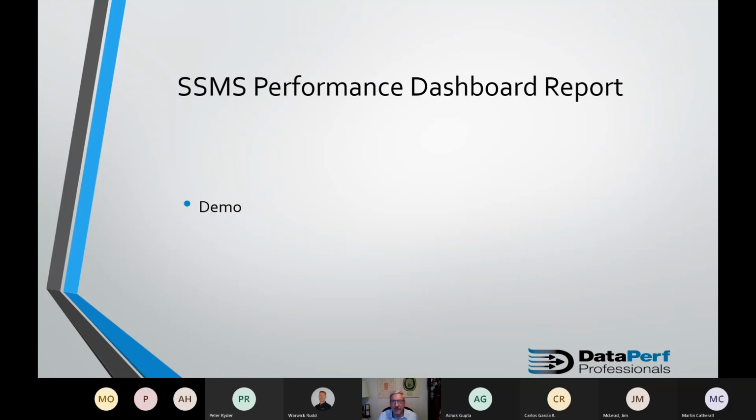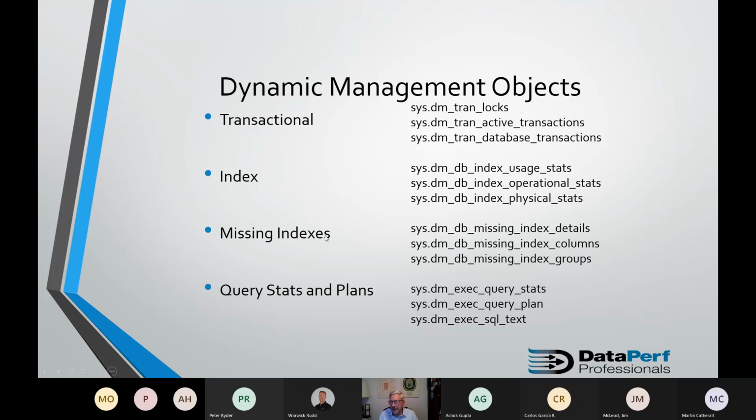All right, let's go back. Let's look a little bit at the DMVs themselves, the dynamic management objects. They're fairly straightforward in understanding what each object covers. So the transactional type objects, dm_tran_locks, active_transactions, database_transactions, all start with dm_tran.